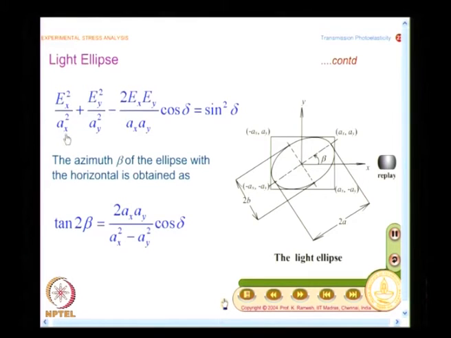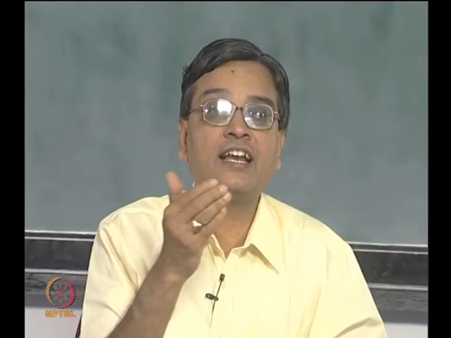And what you have is two expressions: one expression gives the equation of the ellipse, the other expression gives you the orientation of the ellipse, and this is called the azimuth. And if I calculate A and B, if I have B by A, I also get the ellipticity. In fact, if you go to the optics literature, there is quite a good measurement approach available, which they call ellipsometry. They find out the ellipticity, they find out the azimuth, they also find out the handedness of the ellipse.